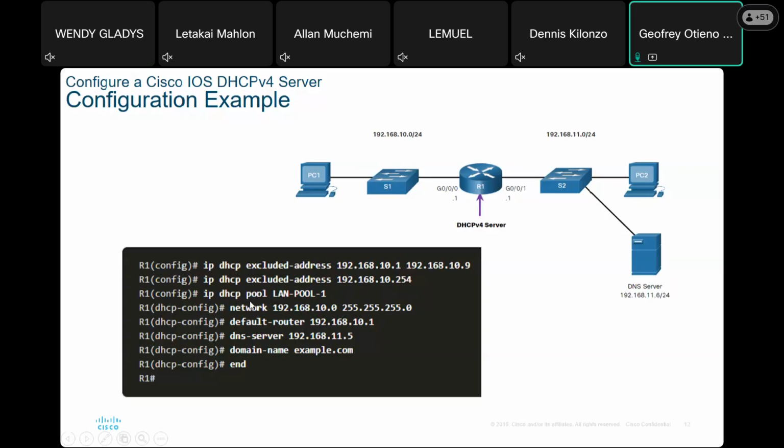Then within the pool name, what can you define? You can define the following parameters: the network, of course, the network to which you belong; the default router, which is the same as the default gateway. We call it default router here, and usually it's the first usable IP address, 10.1. Then the DNS server, which in this case